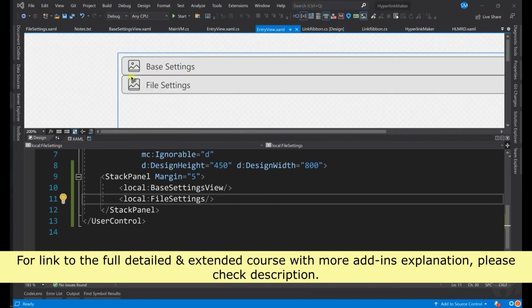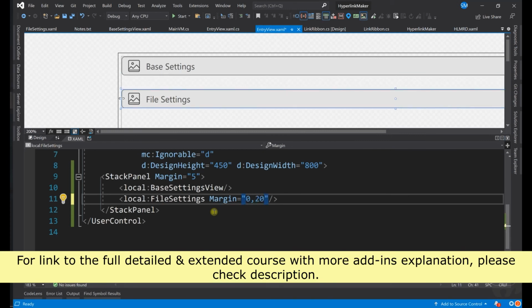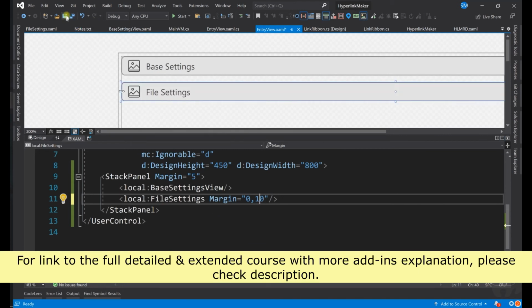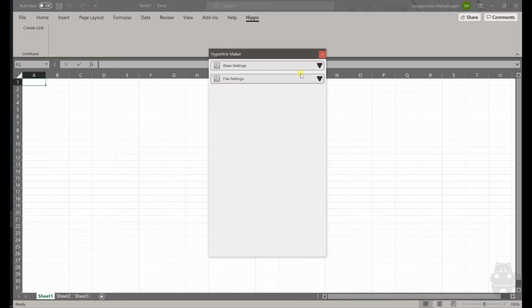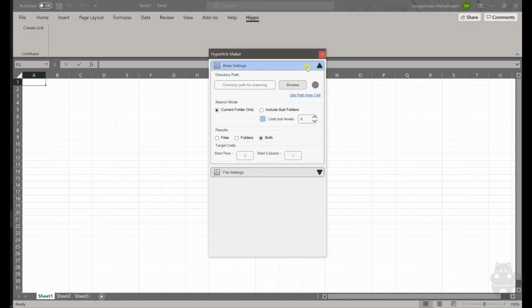Both are now attached, so margin is equal to 0 comma 20. No, that is 10. It's okay. Let's now try to see if it is there. It's okay. There we go. We have two, one which is this, and two which is this.